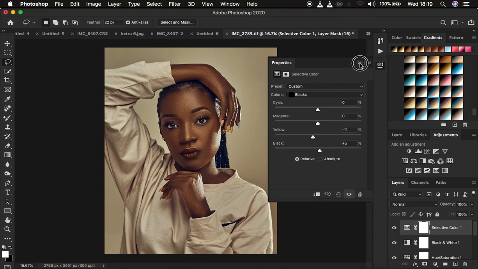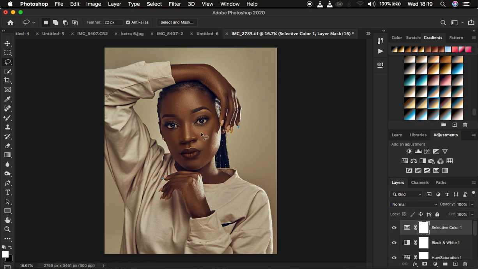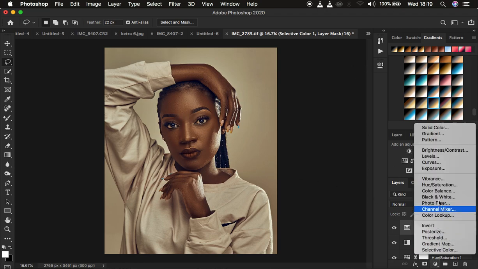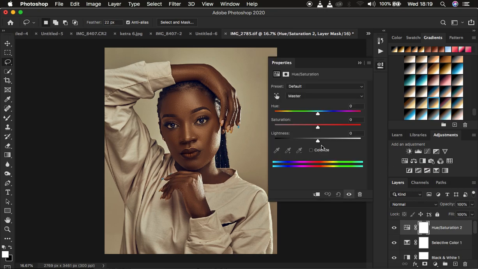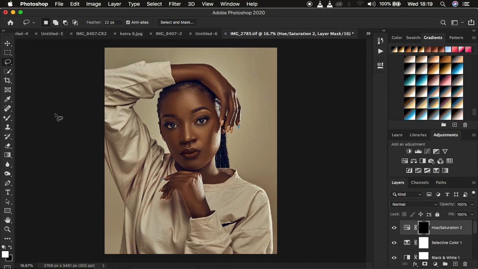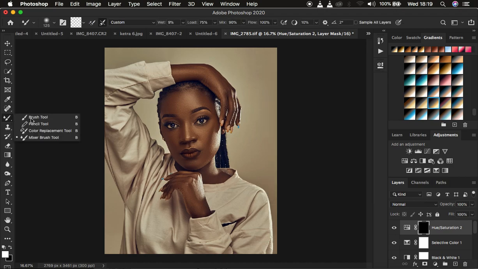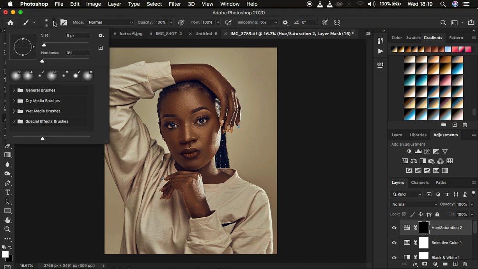So after doing that, I'm just going to come and do a little bit of eye whitening. So I'm just going to create another hue and saturation adjustment layer and take down the saturation up to around negative 90 is okay, and press Ctrl or Command I on the keyboard, and that is going to invert the effect. And come under the brushes, right click and get the brush tool, and for the settings, make sure the